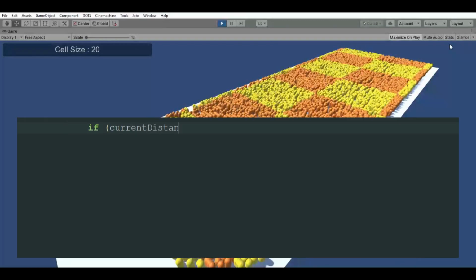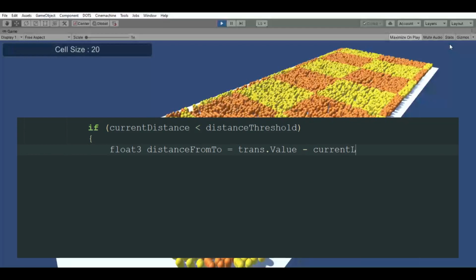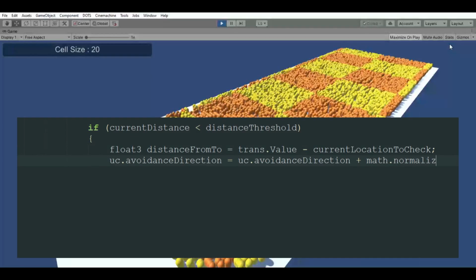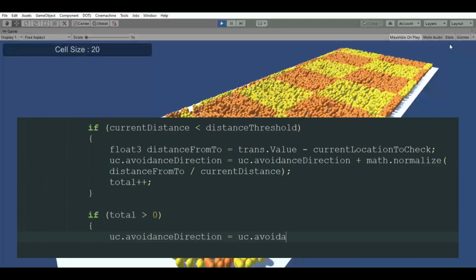Now that I have a way to look at my surrounding units, I can try and avoid them. The first collision avoidance method I tried was to determine an average avoidance direction from a given unit with respect to all units in a given cell. Then sum up all the directions and divide by the distance so the deflection is inversely proportional to the distance. In other words, if a unit is far away but belongs to the same cell, it has very little influence on the unit computing the avoidance direction. On the other hand, a closer unit will have a higher influence, so the unit can pull away sharply from nearby units.